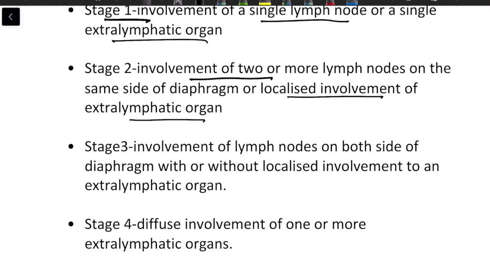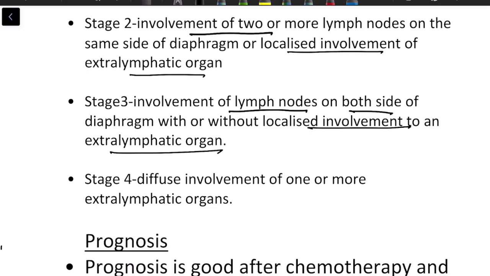And if I talk about stage 3, then involvement of lymph nodes on both sides of the diaphragm, with or without localized involvement of an extra lymphatic organ. And if I talk about stage 4, then there is diffuse involvement of 1 or more extra lymphatic organs. So basically, when the tumor has spread to one or more extra lymphatic organs, and there is diffuse involvement, not a localized involvement, this means that the prognosis is very poor and